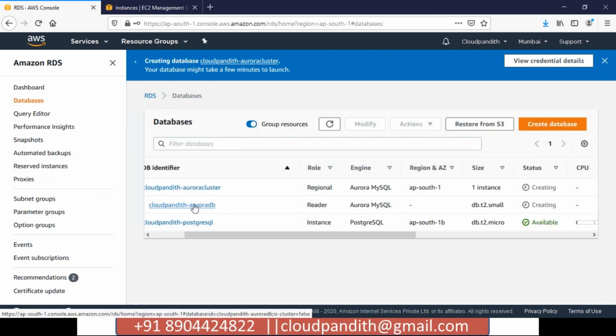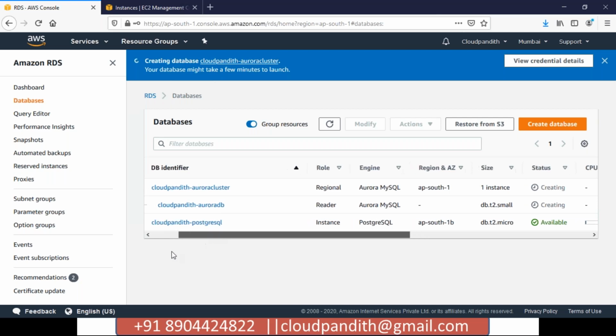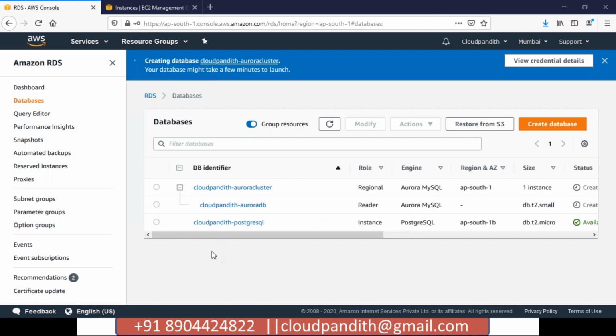You need to wait a while to connect to this particular instance. But how you are going to connect to this Aurora instance is you need to install MySQL Workbench, because this is compatible with MySQL. Aurora is compatible with MySQL, and that is the cluster we have created. So here you need MySQL Workbench to connect to this particular instance. For that, I want to install MySQL Workbench. Where I'm going to install it is, I don't want to install it on my local machine.